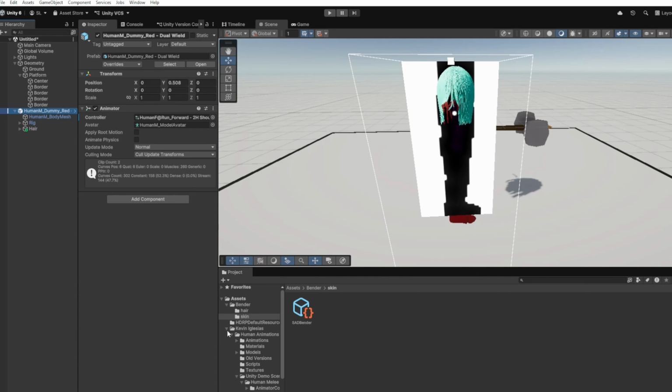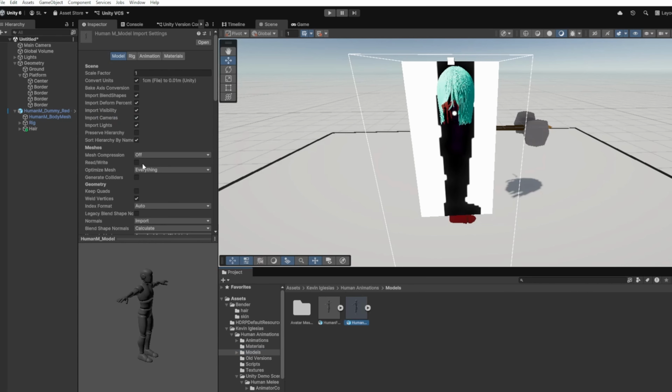Also, for this to work, go to the model for your mesh right here, and you'll see that it says read and write. Let's enable that and then click apply. So in order for this to work,